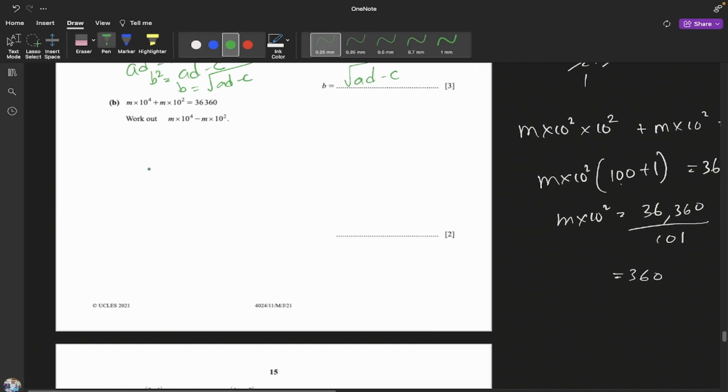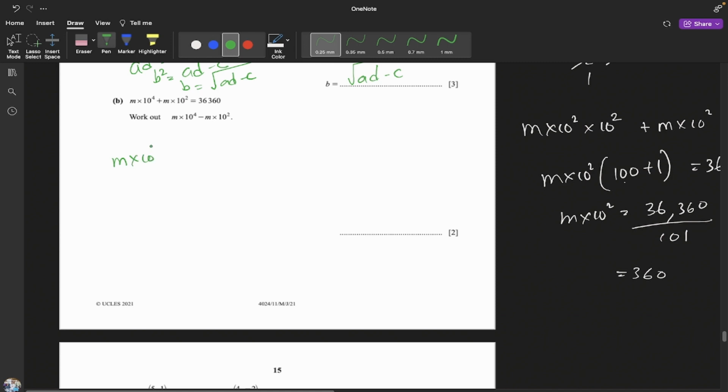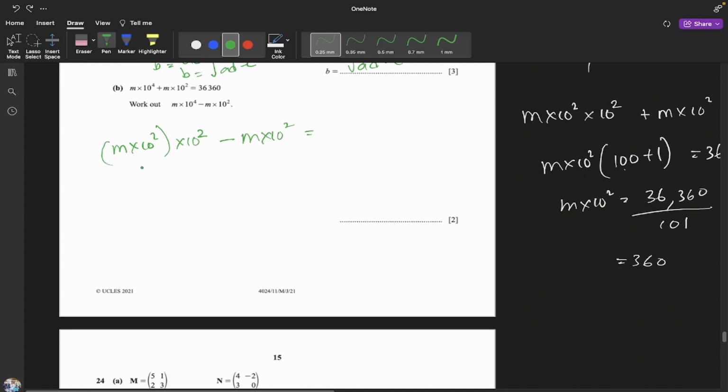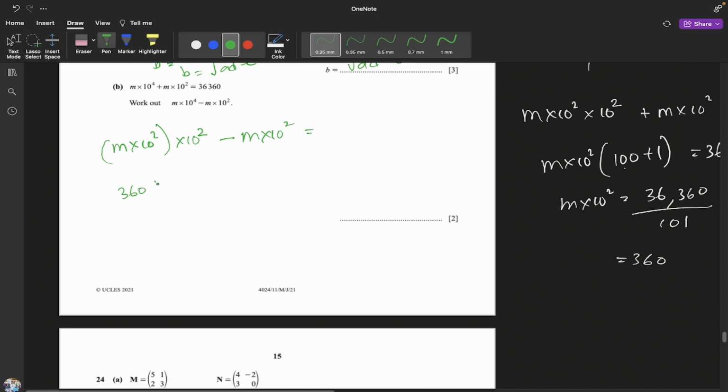Now here you can write m into 10 to the power of 2 multiplied by 100 minus m into 10 to the power of 2 is what they are asking, right? So we can do something like this. m into 10 to the power of 2, you know, it's 360. Multiply by 100 minus 360. This is what they are expecting you to find. So this is 36,000 minus 360. The answer is